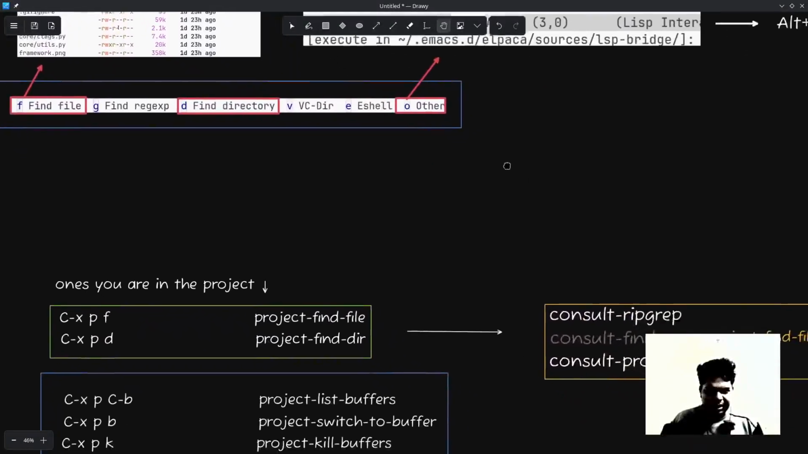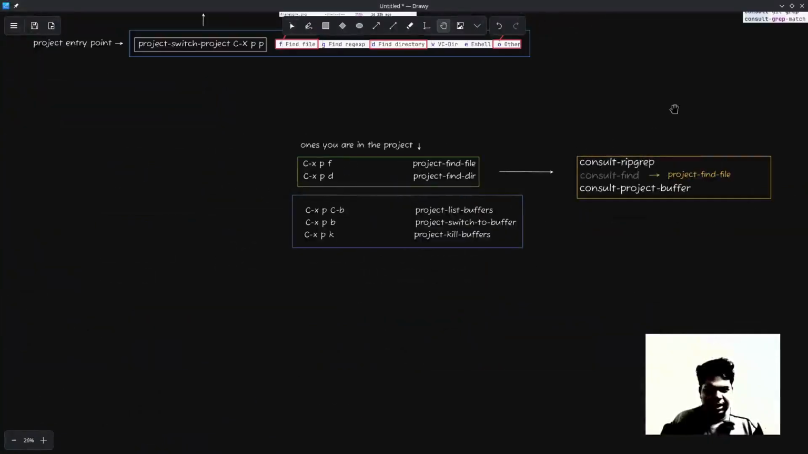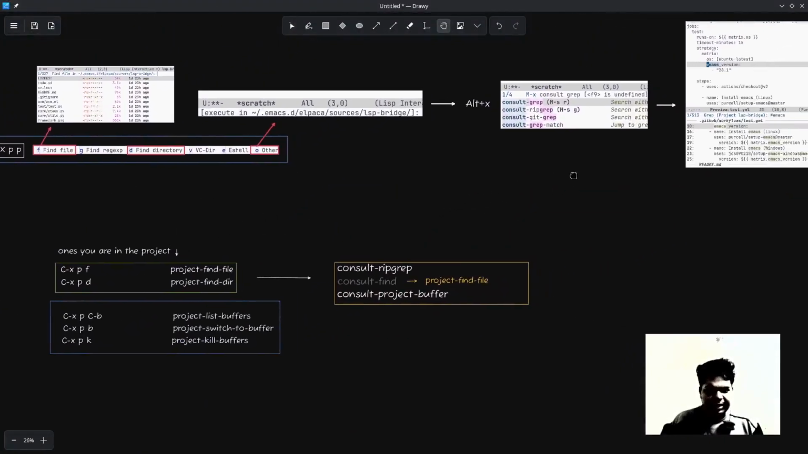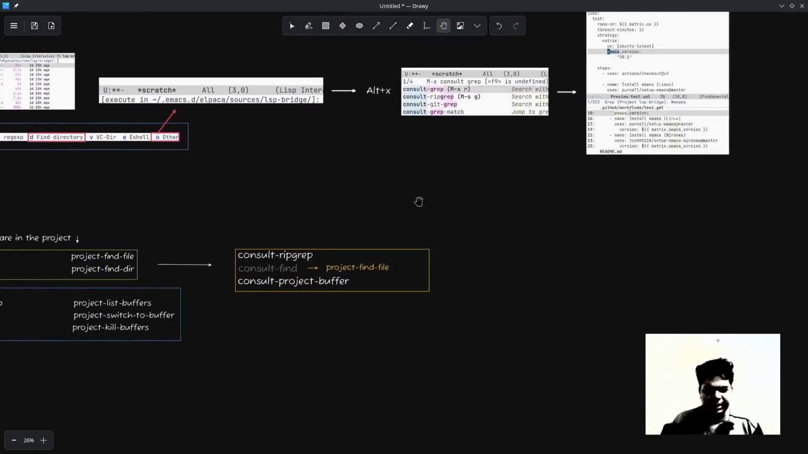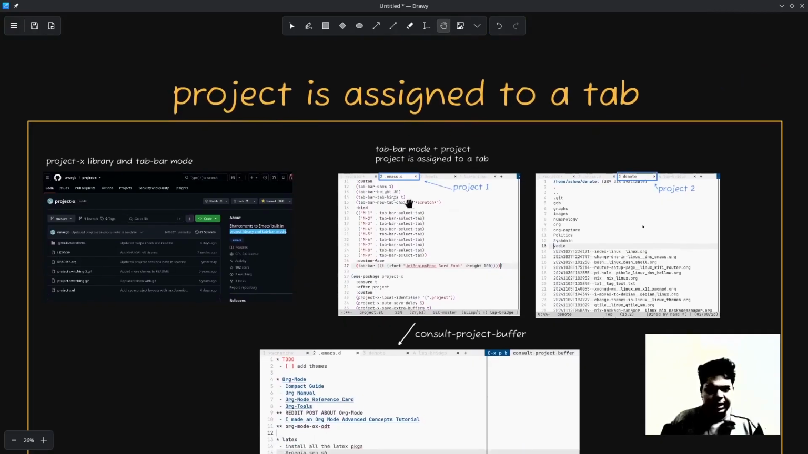So this, I like it. Okay, this is how I do it. So what are the other packages that I have been talking about? This is what I think the most merges everything together. This package, project-x, what it does is each project that you open is assigned to